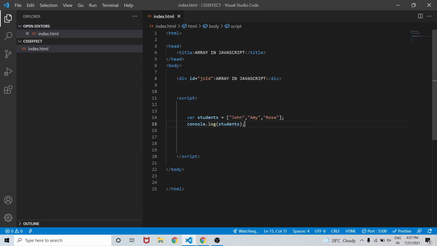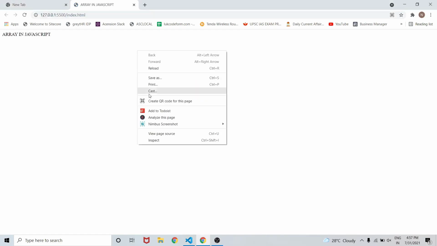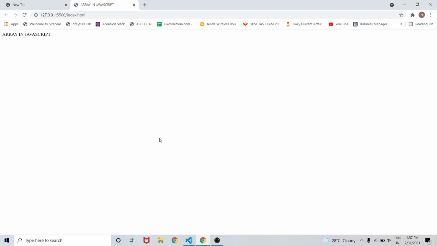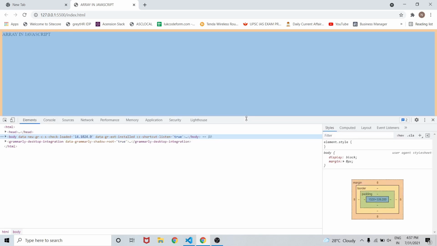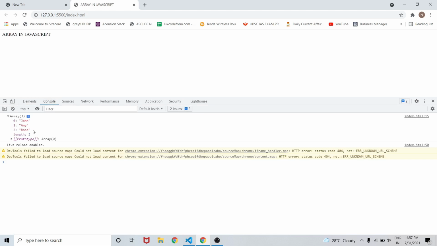Now right click and open with Live Server in the browser. Then right click and click inspect. Now if you go to the console, let's increase its height. As you can see, there is an array of length 3.